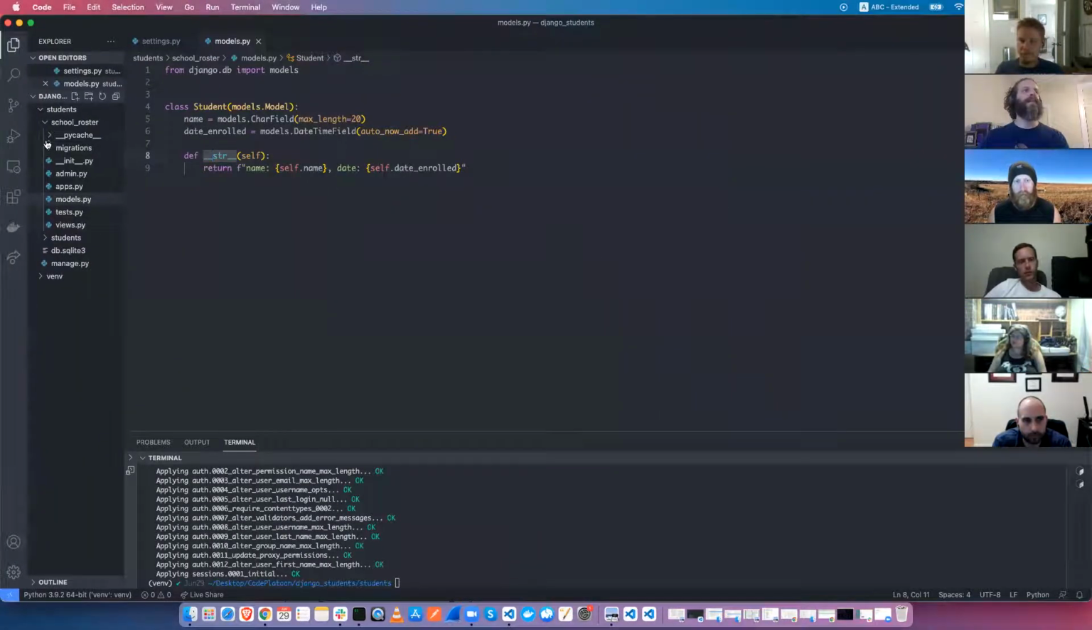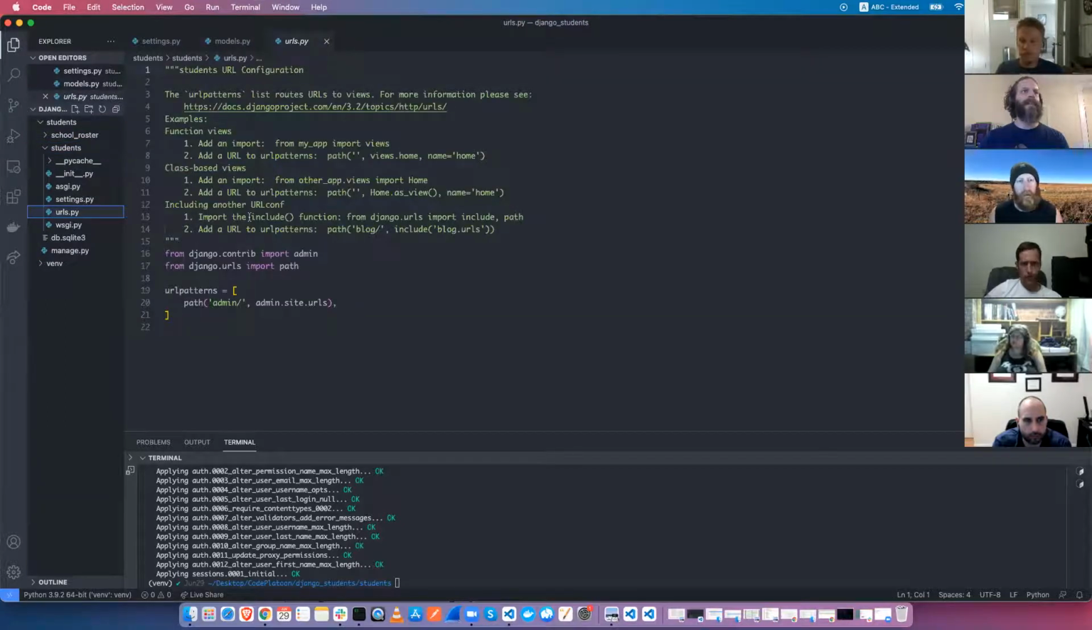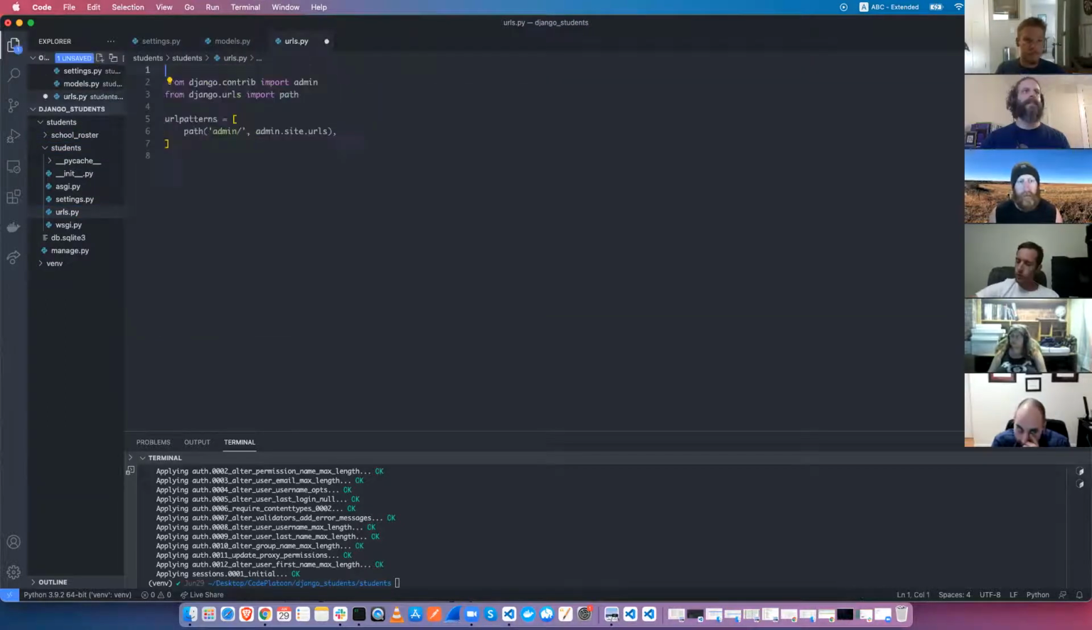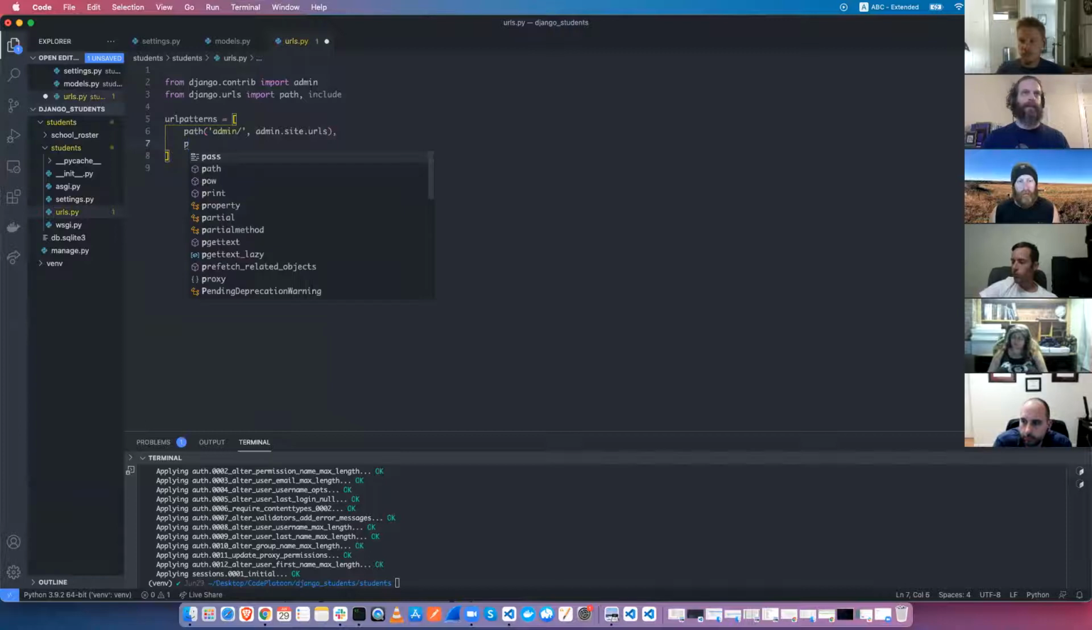So I'm going to go not in the app, but in the project URLs file. I see that this is already there, admin. And what I want to do is route any traffic for my school roster app to the school roster app. So I'm going to import include,